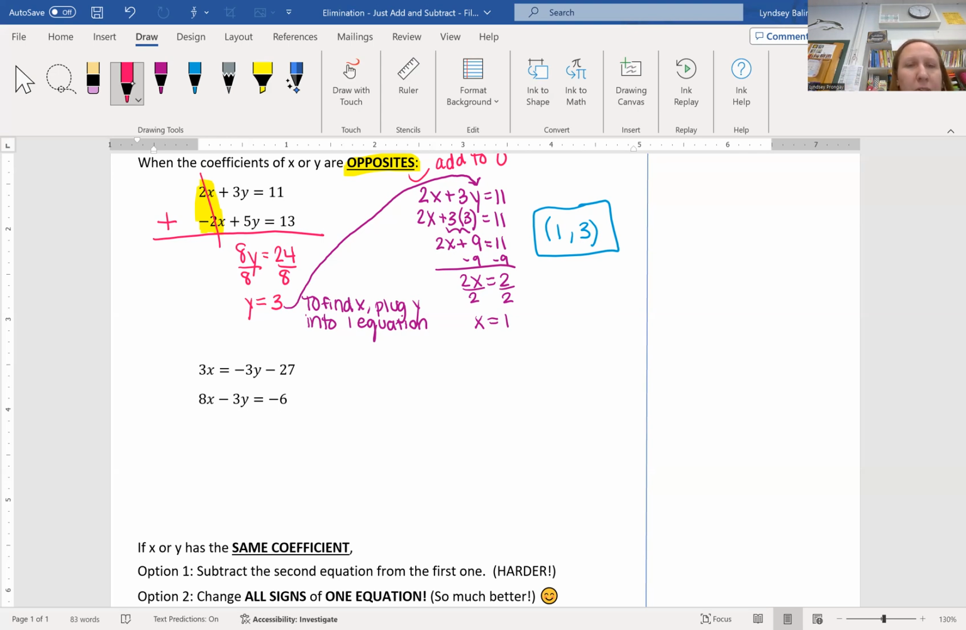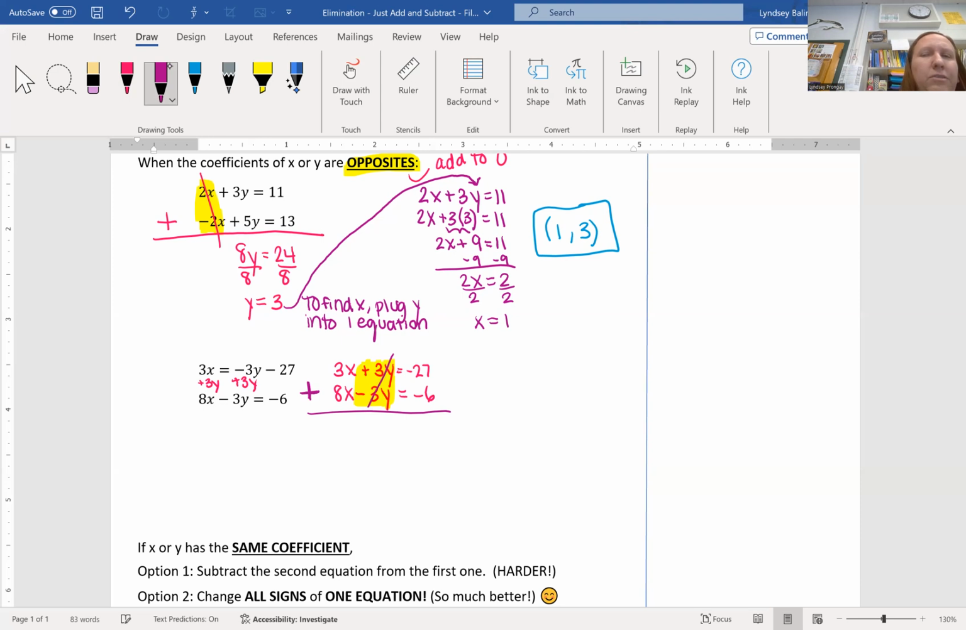And really what I want to happen is I want the y's on the right-hand side to get over to the left-hand side. So I need to move them over, and to do that, because it's a negative 3y, I'm going to add 3y to both sides. Obviously I run out of room there, so I'm just going to write it on the side. So 3x plus 3y equals negative 27, and then 8x minus 3y equals negative 6. And now they match, and now I can see I have a positive 3y and a negative 3y. Those are opposites. So I'm going to add my two equations together,